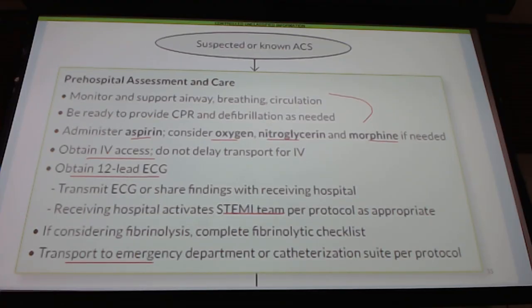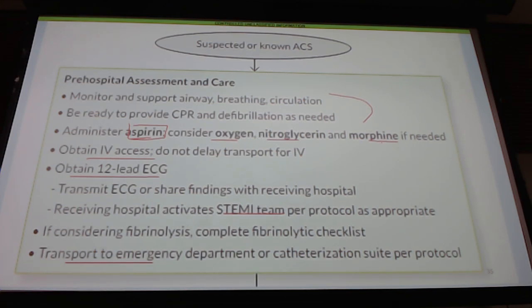Now, you'll notice aspirin you're going to do, but then there's these caveats to oxygen, nitro, and morphine. So there are certain patient scenarios where you do administer those types of things. This could also apply to your primary care clinic you're working at. So Jennifer Marino is a BLS facility. Even though they have doctors, even though they have PAs, even though they have nurses, even though they have medics, techs there who could do ALS, they do not have the equipment to do ALS. So Jennifer Marino would be responsible for doing this.